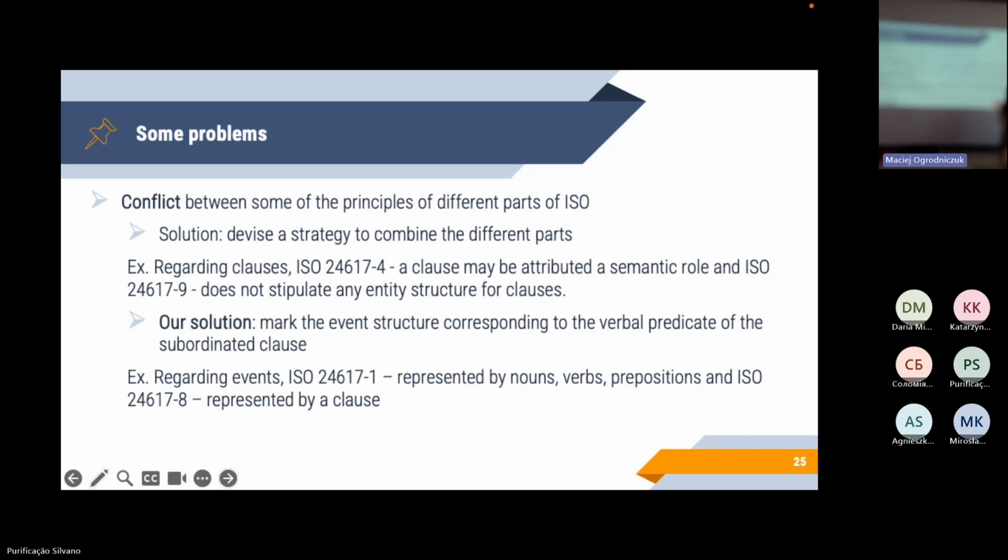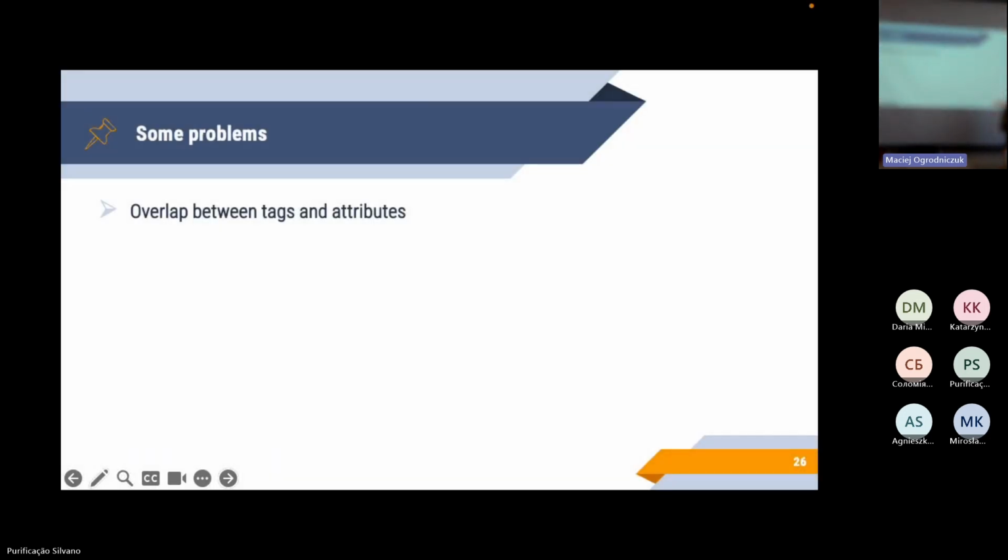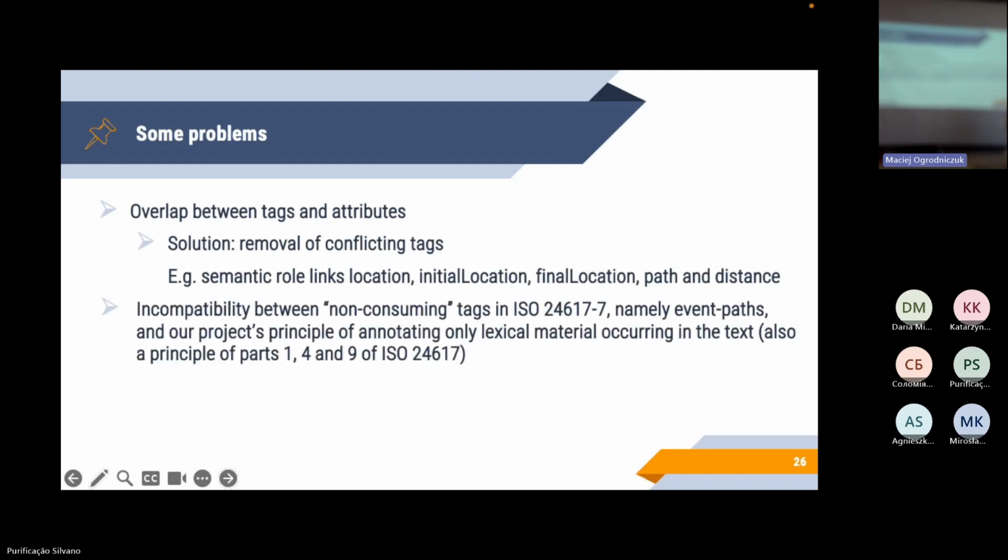are in conflict, right? That's why we decided to introduce a new tag, situation, and the situation can be a clause, and that way it can work to establish relations between discourse relations. Also, I talked about the removal of some conflicting tags, and the problem that we are having with the